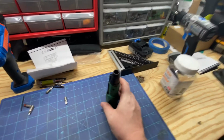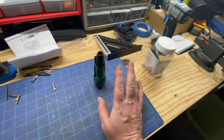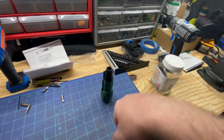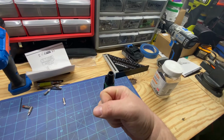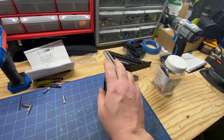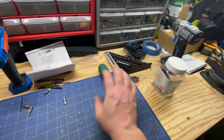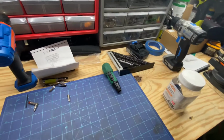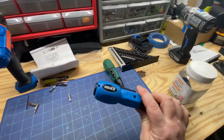Everything, and it's not so much that it couldn't be put back together. It was just when I went to use it as a pry bar, the body split and there's a ton of things that went flying, springs and stuff, and I just couldn't put it back together. Anyways, another company I enjoy,